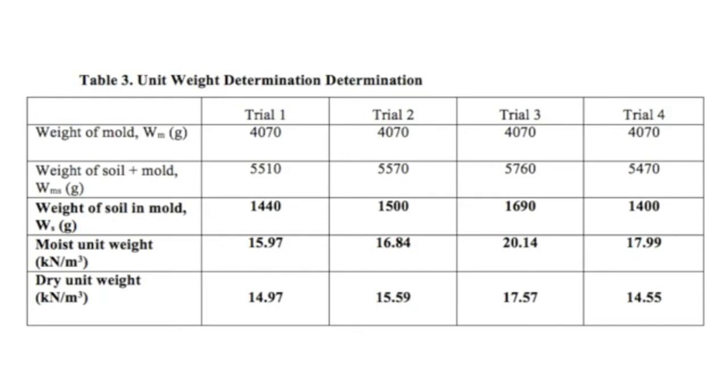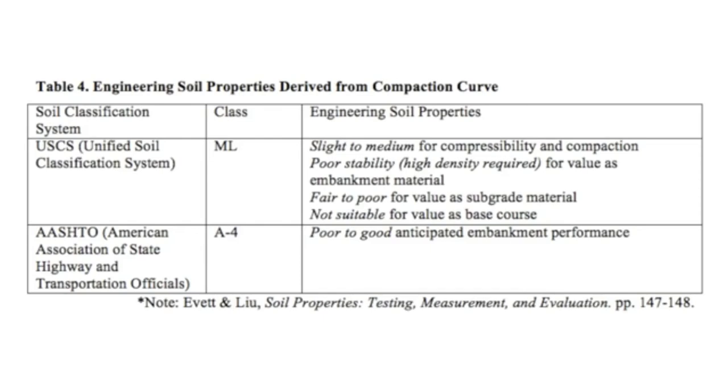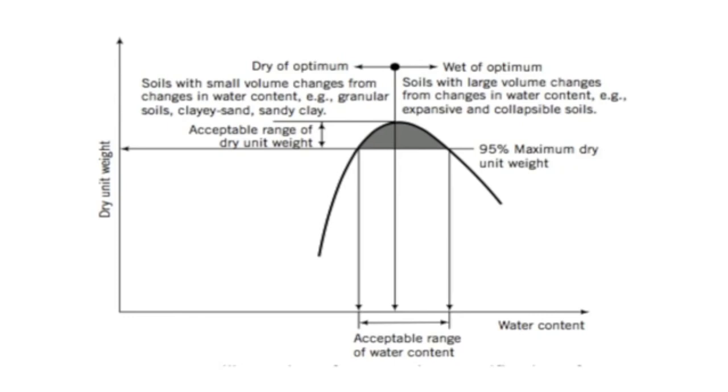In our experiment, these two crucial ranges of values may be retrieved using the parabolic equation as shown in graph 1. First is the acceptable range of moisture content in percent, from 10.16 to 19.61, as well as the acceptable range of dry unit weight in kilonewtons per meter cubed, from 16.67 to 17.55. From the aforementioned result,